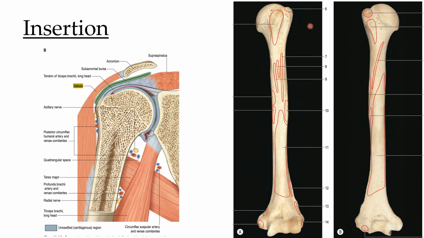The next muscle, the third muscle, is infraspinatus. Now we are viewing the posterior aspect of the humerus. This is the site of insertion of infraspinatus, which is posterolateral to the insertion of supraspinatus. Further inferiorly, this is the site of insertion of teres minor muscle. So the greater tubercle gives attachment: the highest impression is for supraspinatus, the middle impression is for infraspinatus, and the lowermost impression present over the greater tubercle is for teres minor muscle.